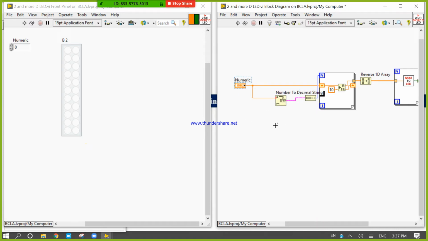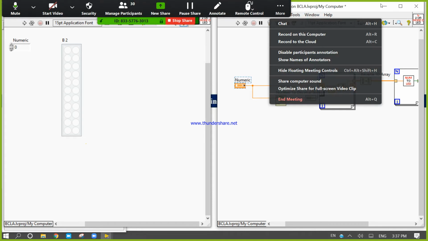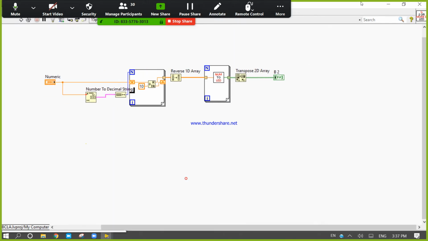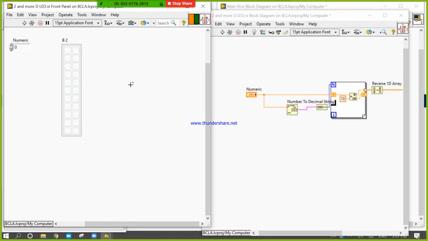I think all of you have done this program earlier: how to add two or more LEDs. You cannot add two or more LEDs if you have not designed it. Why have I designed this program? I designed it earlier. What happens if I want to display more than two digit numbers? It will generate two digit numbers. I have done that already.